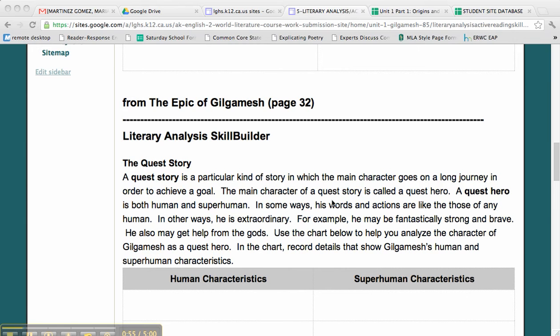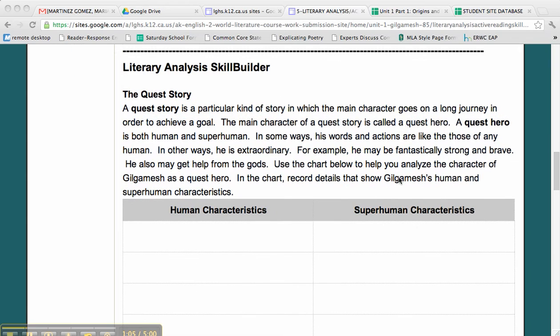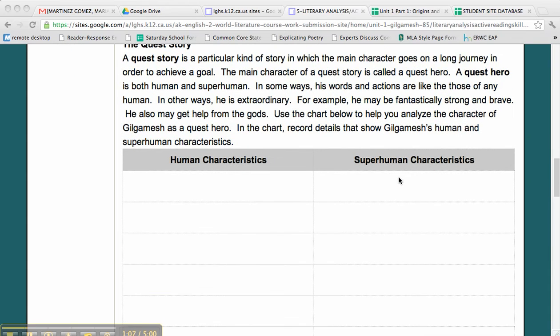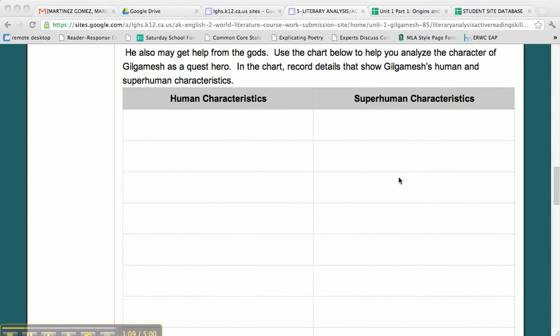Gilgamesh is one of the oldest incarnations of this quest hero, who goes on a journey. So for this activity, again, we have another chart, and in